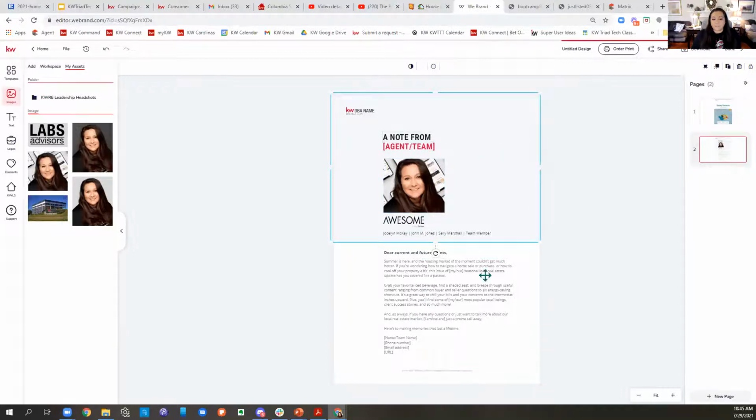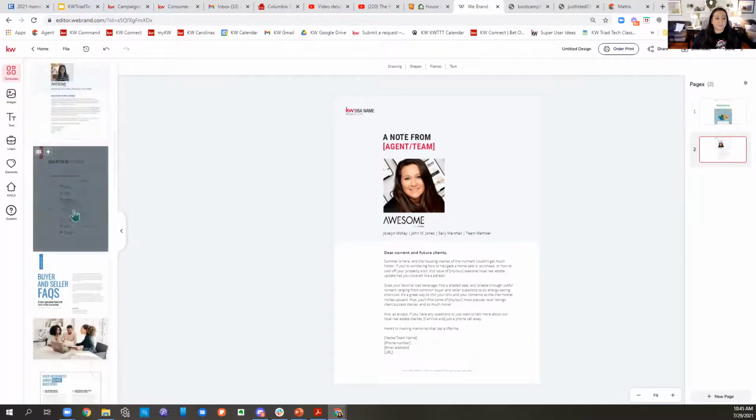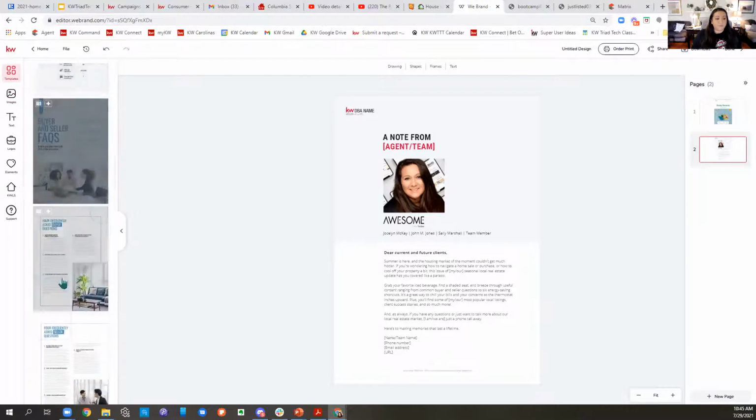Edit all my stuff. They already have wording in there, but if you want to change it out, you can definitely edit it for yourself, right? And I'm like, okay, cool, I'm good with this page. Go back to my template. If I wanted to do a quarter in review, there's the first article, and they all look really nice,